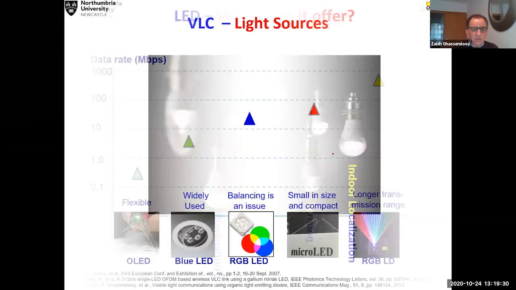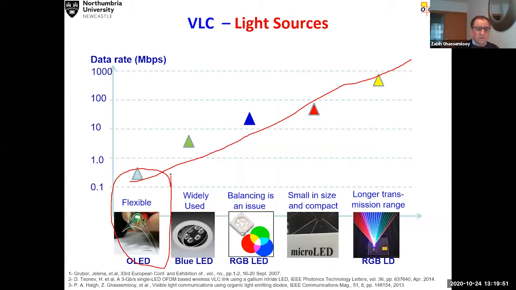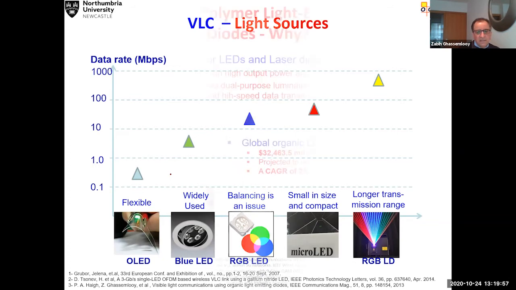So what light sources we have, you can see that we go from standard OLED to RGB laser, micro LEDs, and so on. And depending on their material, the bandwidth, you can see that it is linearly going up. That's the good news for us. However, we are really interested in this that we want to talk about, which has got a lower capacity, and we'll talk a bit more about what that really means.